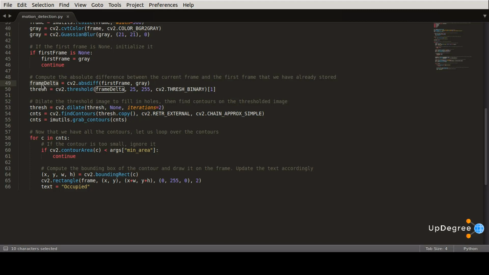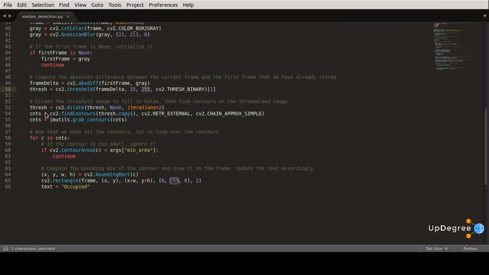If delta is less than 25, we discard the pixel and set it to black. If the delta is greater than 25, we will set it to white. So in this case, we are thresholding on 25. In this frame delta, if the intensity of the pixel is greater than 25, then we set it to 255, which is white. If it is less than 25, then we set it to 0.